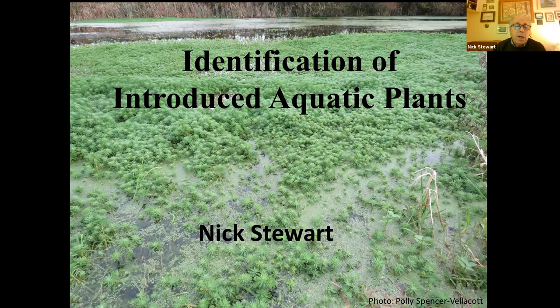Also, I'm hoping that for consultants, it would be quite a useful guide. A lot of consultants may not be quite so familiar with aquatic plants, but they do need to know what they're looking for, particularly for these pest species, when they're advising on developments. Because if you start having developments where there's a lot of aquatic plants, then they're likely to get spread around quite a lot. So that's the aim of this talk, just to gather together